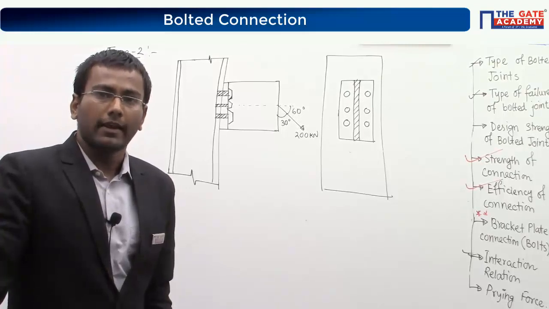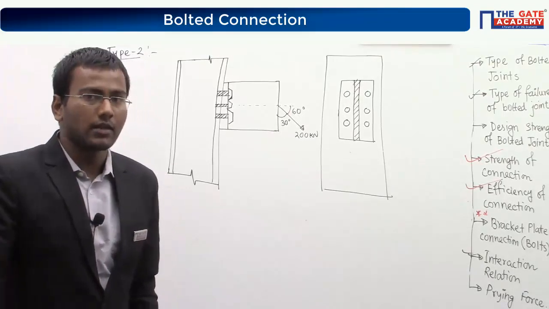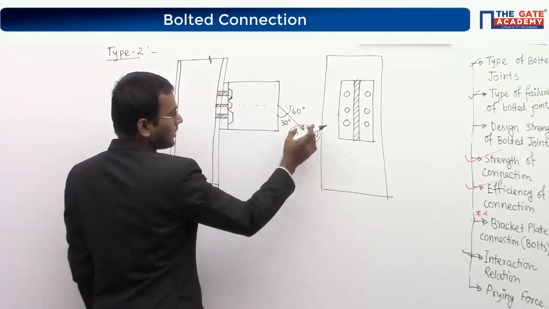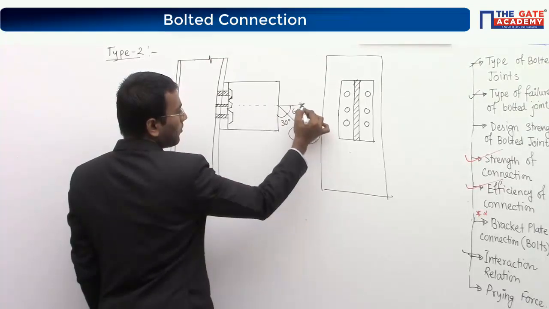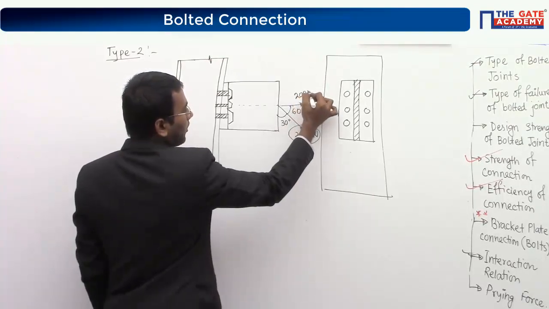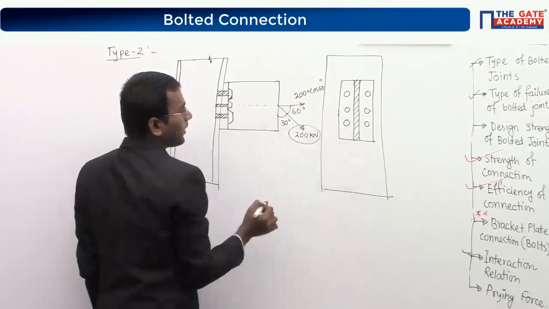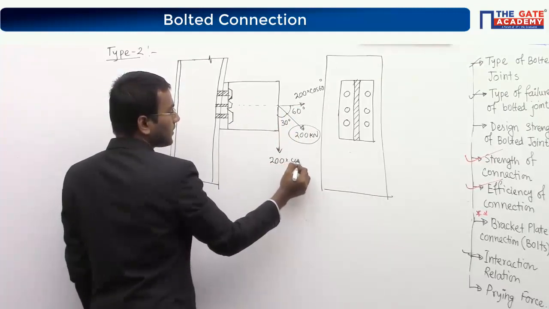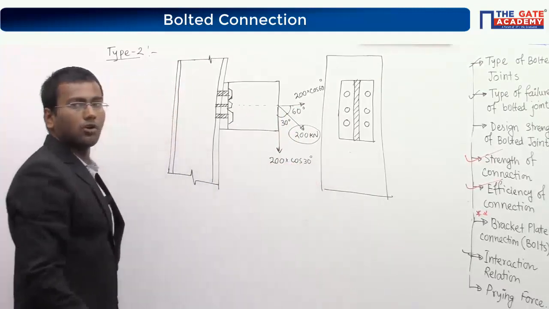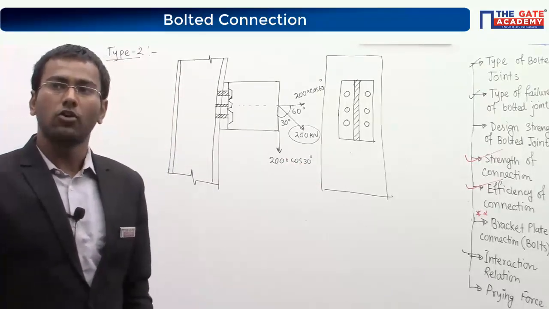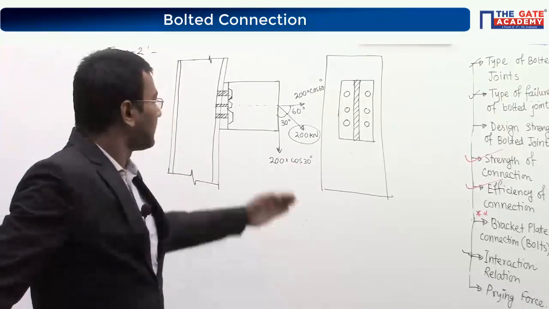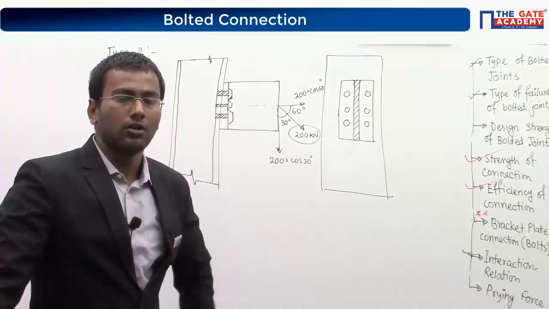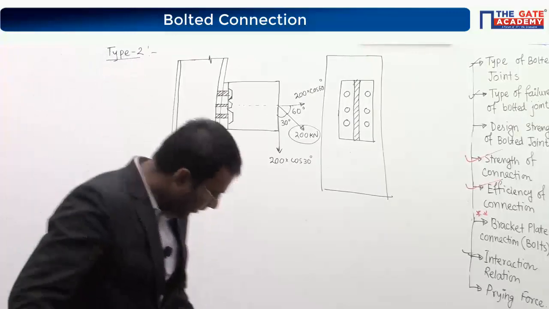When you have applied the force on this bracket plate, this force has two components, the 200 kilonewton has components. This side one component is your 200 cos 60, and this side also it is making a component, which is your 200 into cos 30. Can I say or not? This load is making two side components, in both directions, vertical and horizontal. Now think again.